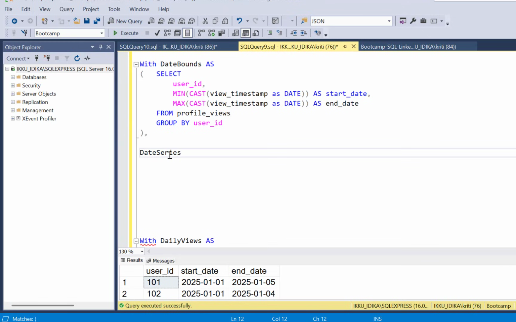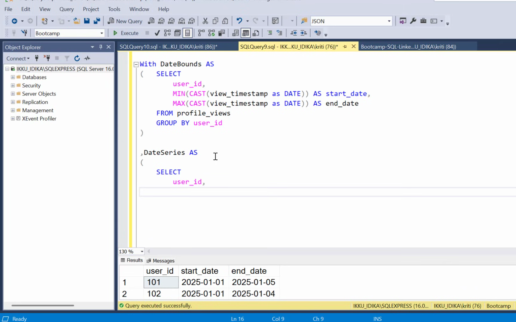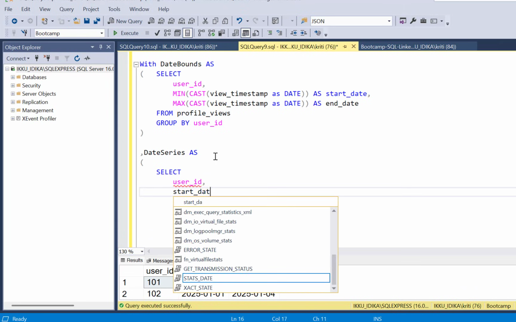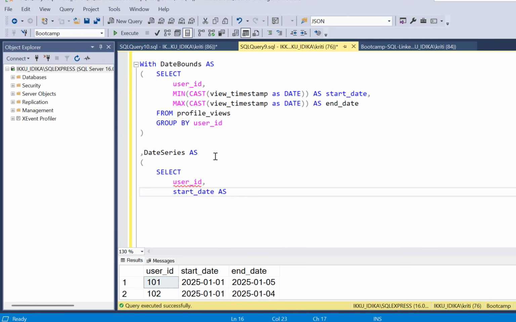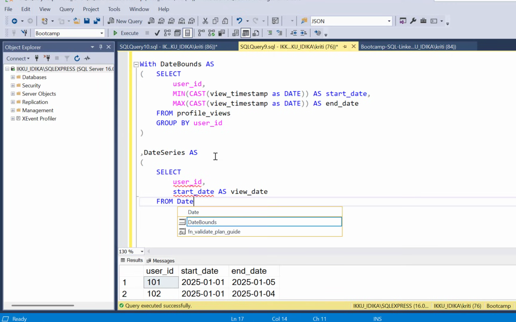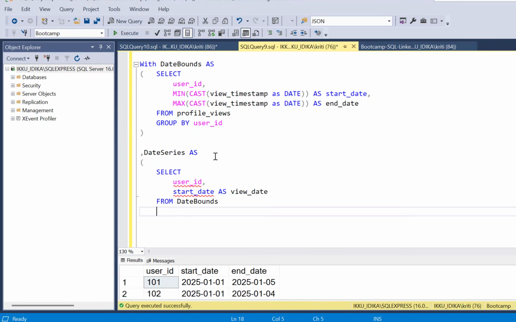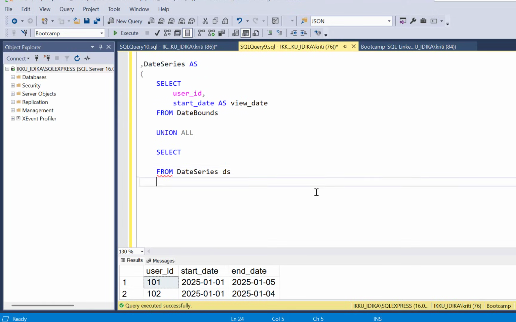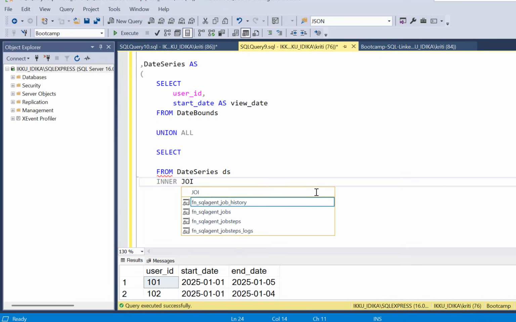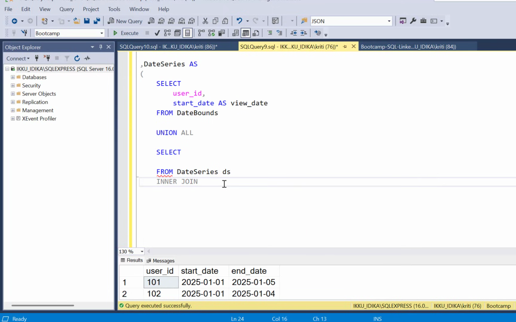Next, we're going to define our series of dates. So call it date series. And this can be done using a recursive CTE. So our anchor is going to be select user ID, start date as view date, from the date bounds CTE, union all. And now the recursive part, an alias date series as DS in a join with date bounds, call it DB on